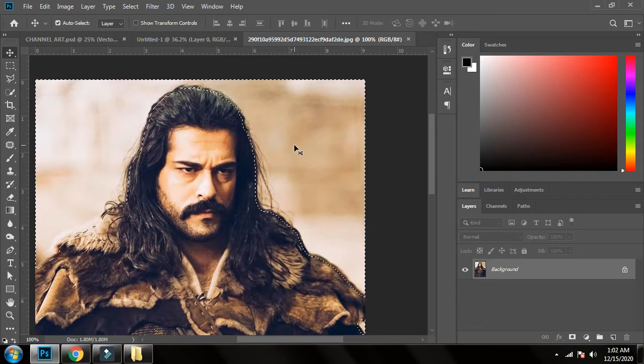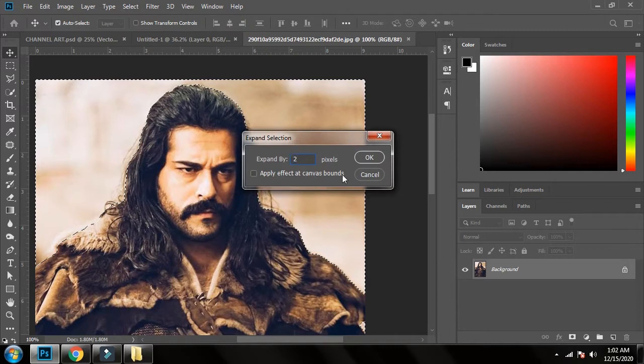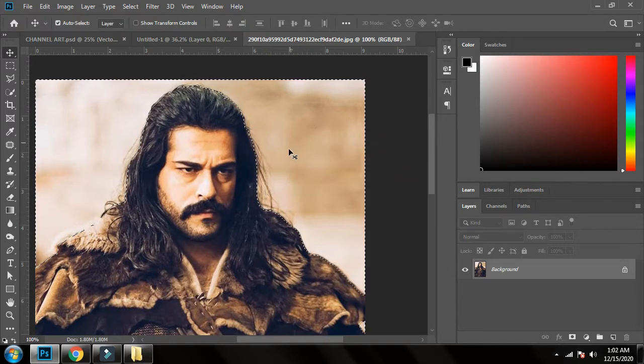No, it's not going that good. Press Ctrl Z, again Select, Modify, Expand to 2 pixels. Expand it to 2 pixels. Okay,